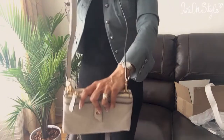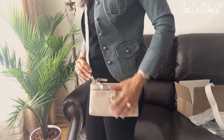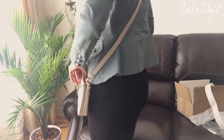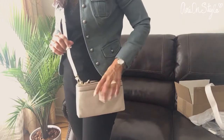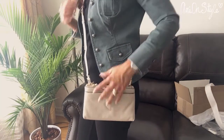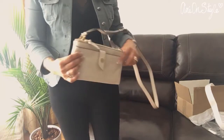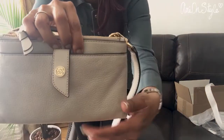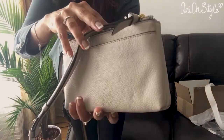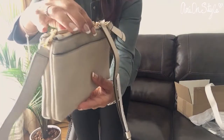Very soft, comfortable against the body. So I look forward to wearing this in the summer. So again, this is the Michael Kors medium pebbled leather double zip